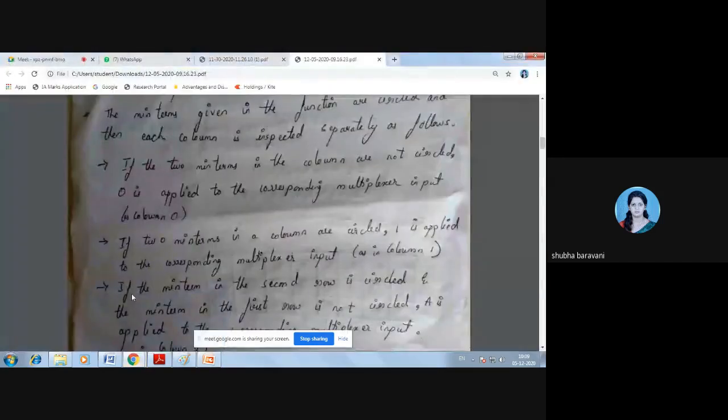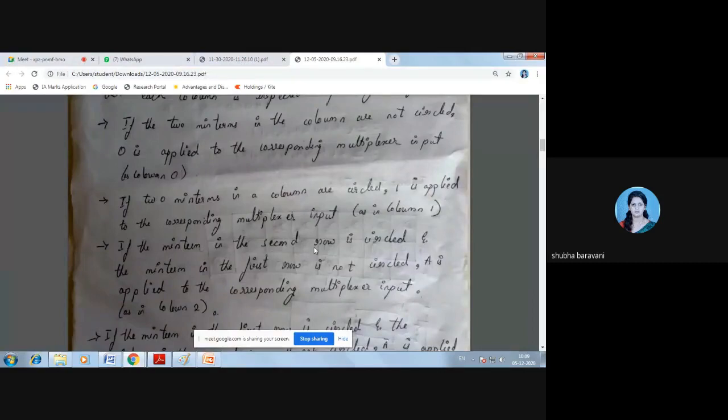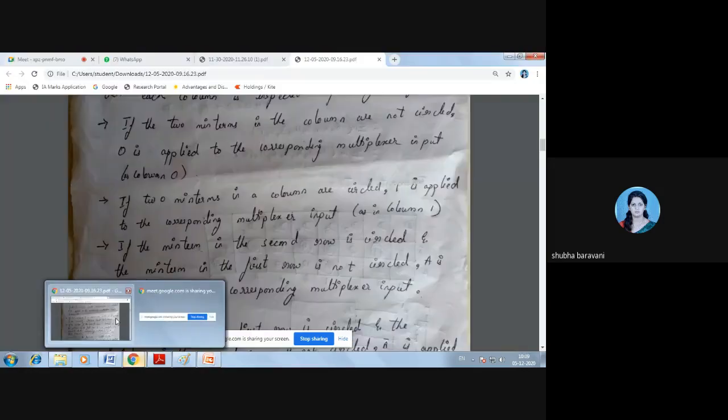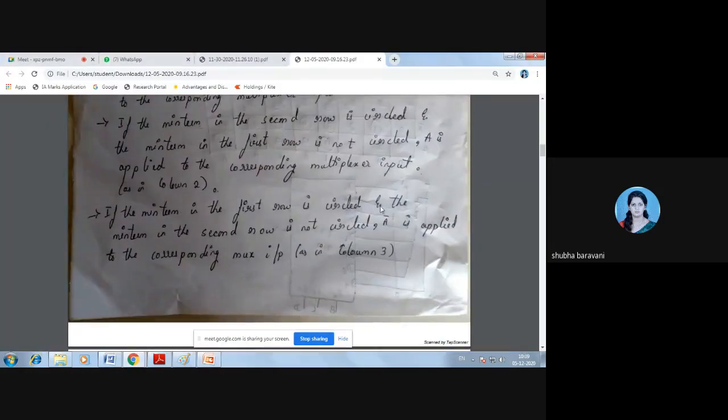Third, if the minterm in the second row is circled and the minterm in the first row is not circled, then A is applied to the corresponding multiplexer input. So if the minterm in the second row is circled, meaning 6 is circled, however 2 is not circled, in this case we have to apply A. And if the minterm in the first row is circled and the minterm in the second row is not circled, A bar is applied.